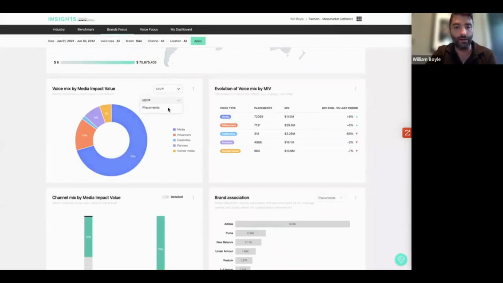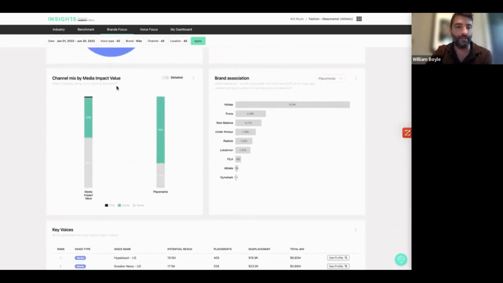I can also toggle that by placements as well. So if I just wanted to see the sheer number of placements versus the value driven from those placements, I can do that. Here's the evolution by mix, so a little further breakdown. Here we have the placements along with the total media impact value, and then that evolution, that percentage of change up or down from the previous time period.